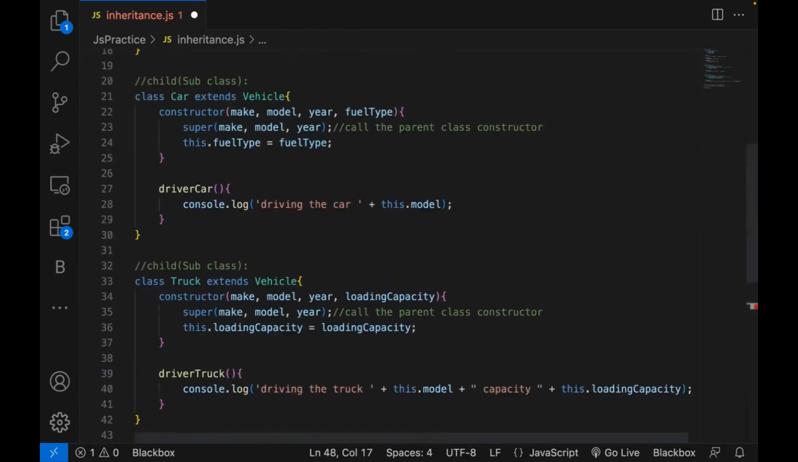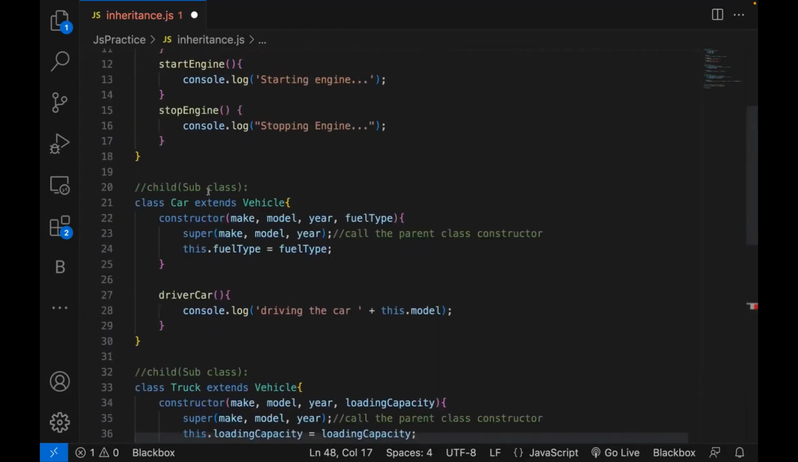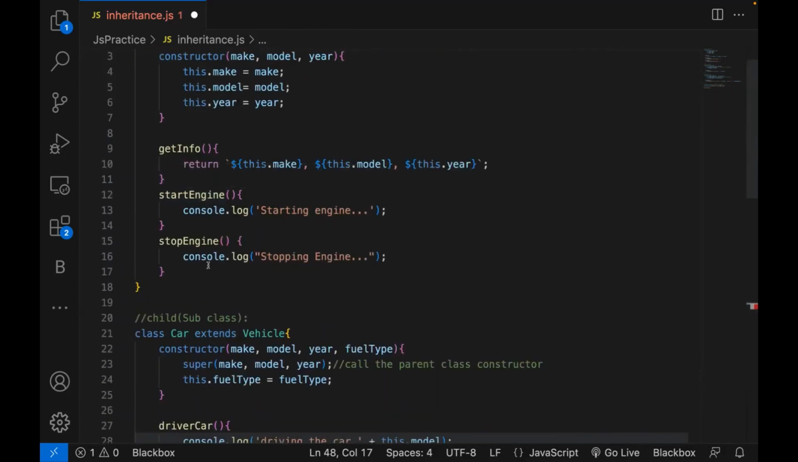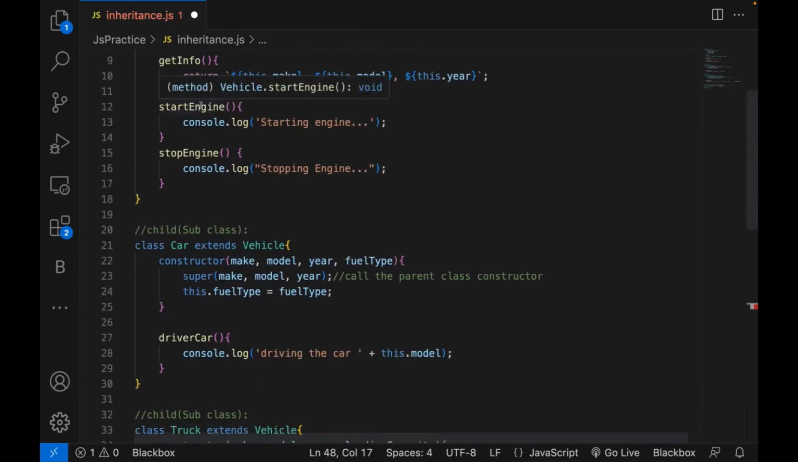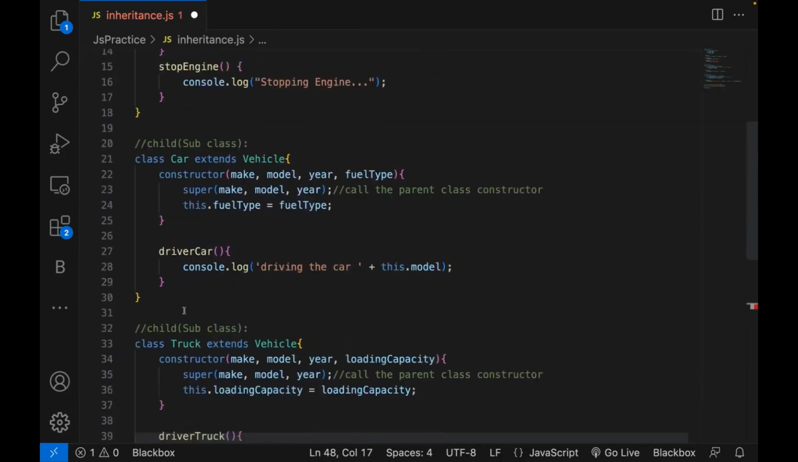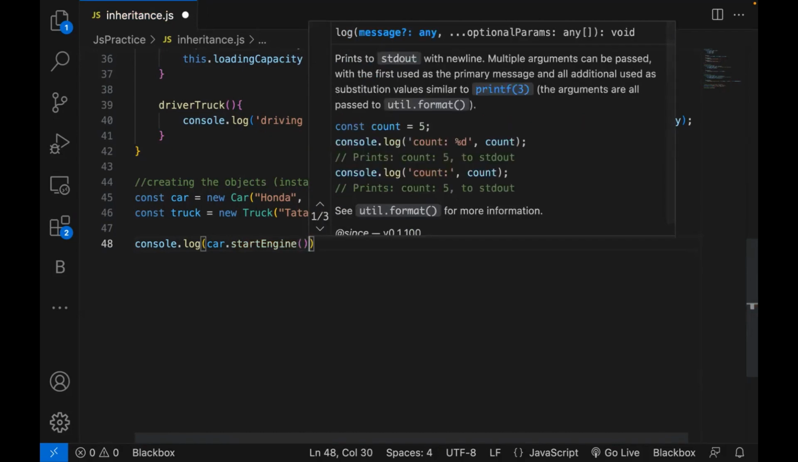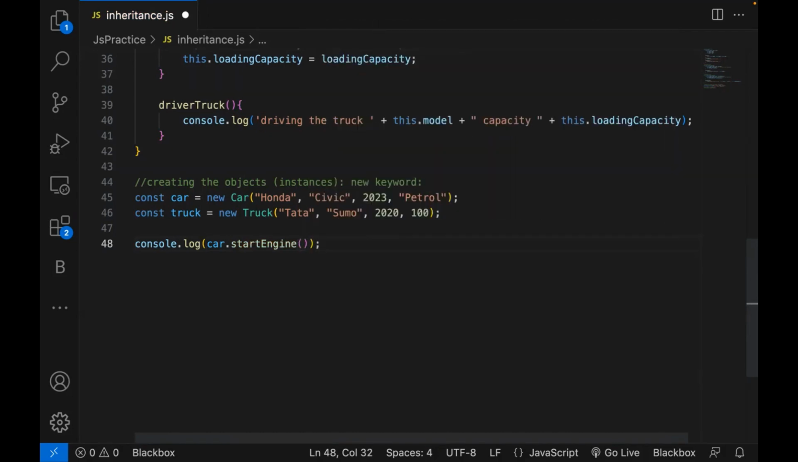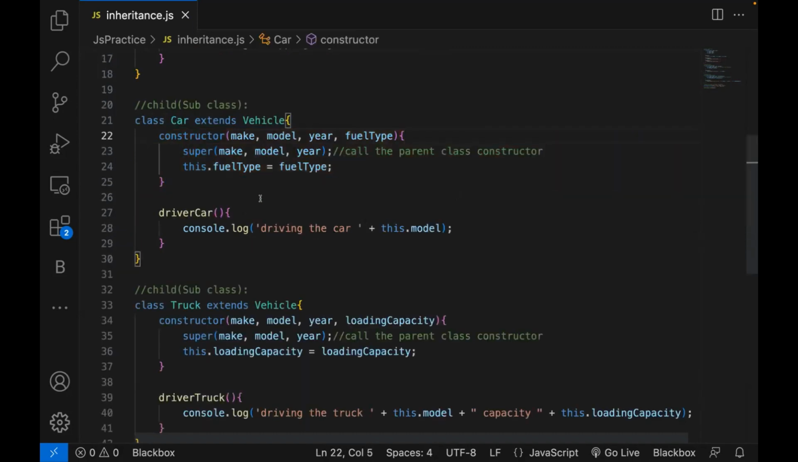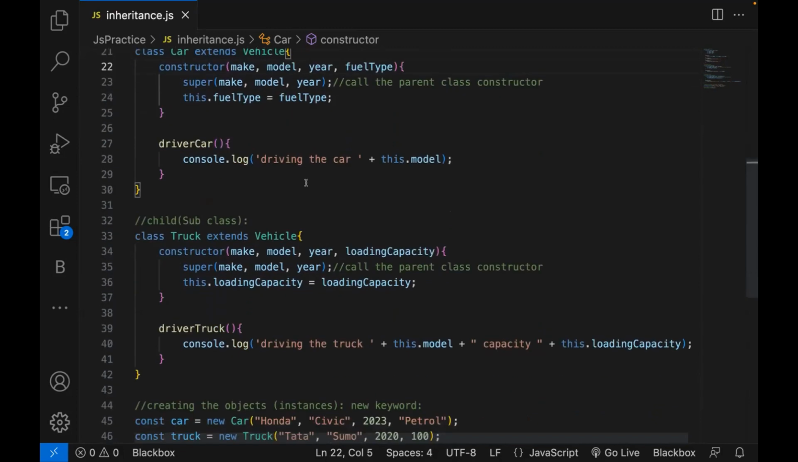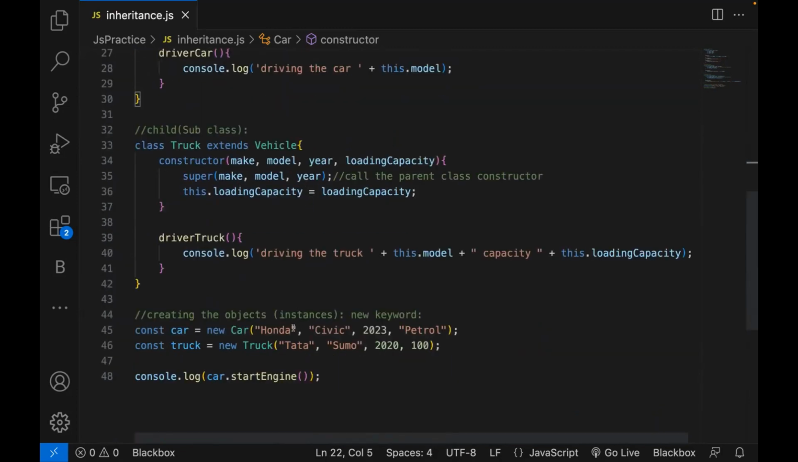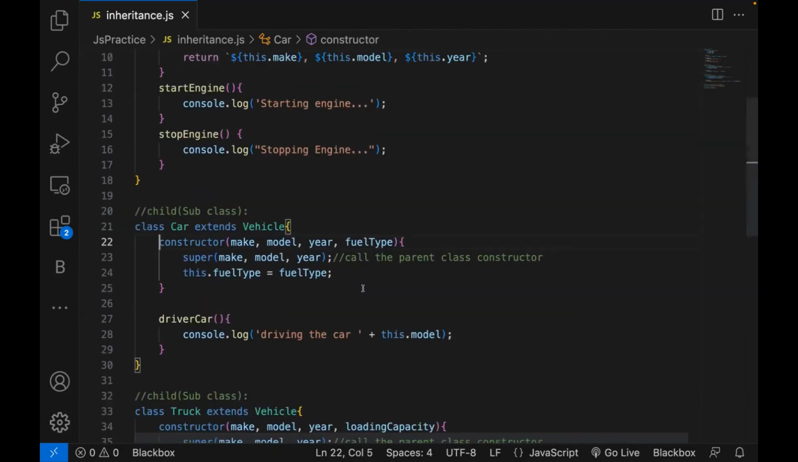Of course. So in the Car class, you don't need to create this startEngine method. This startEngine method is already there in the parent class, so I can definitely inherit it in my Car class also. So see this here, I'm writing car dot startEngine method, I can call it. When you call this startEngine method, what will happen? First of all, at line number 45, the Car class constructor will be called. And then whatever values you are passing, like Honda, Civic, 2023, petrol,